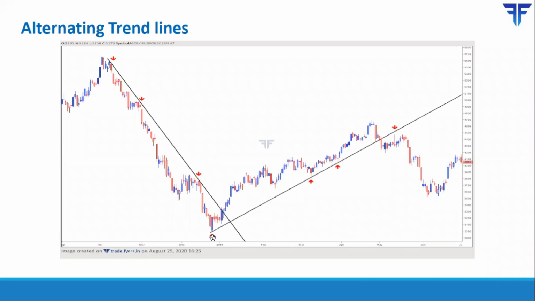Then I've drawn an uptrend line which connects this swing low over here with this swing low over here. At this point, it acted as a support, as you can see, but it eventually broke at this point in time. Initially, there was consolidation in price following the breakdown, following the trend line breakdown. But as you can see, this uptrend line acted as a resistance going forward in time, and then there was a steep decline in price.